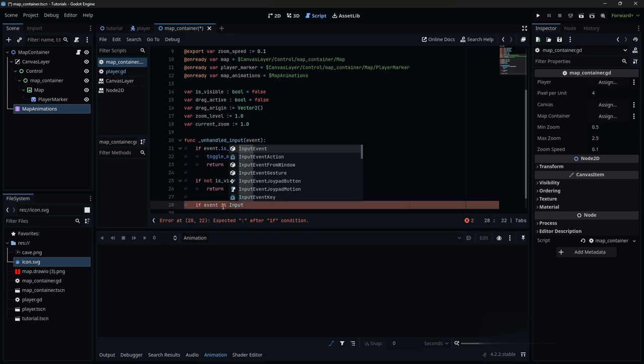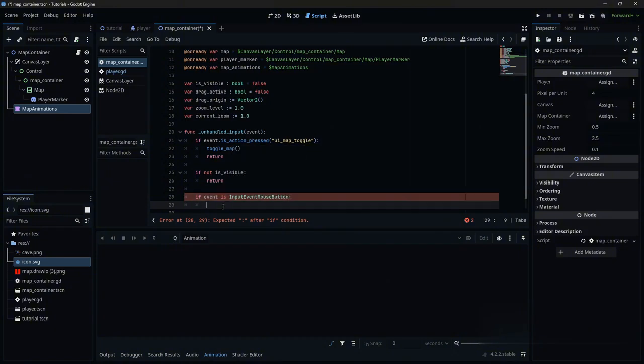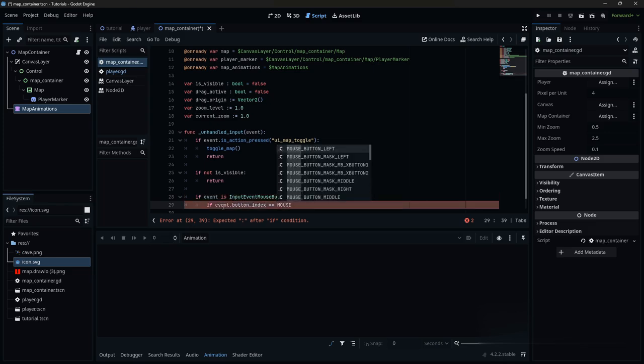If the event is InputEventMouseButton, we're also going to add another if statement. So if event.button_index is equal to MOUSE_BUTTON